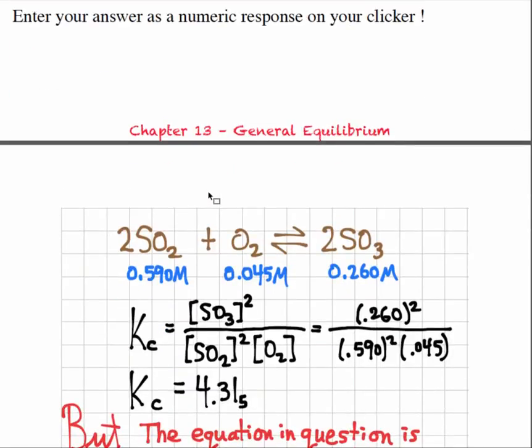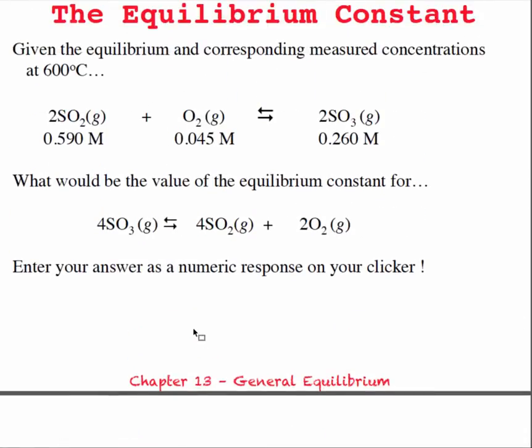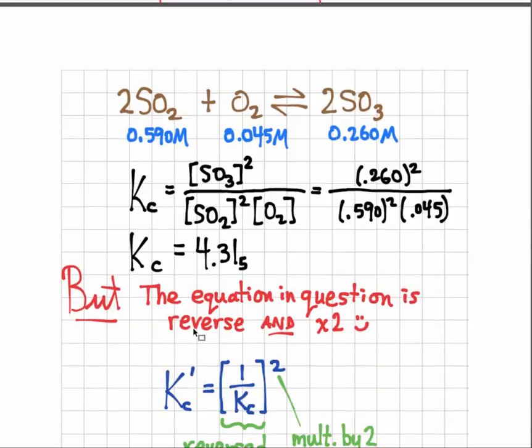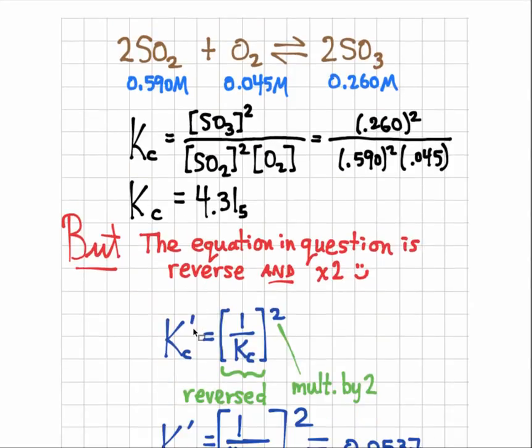So here's my original equilibrium concentrations. SO3 squared, O2, SO2 squared, and I find a constant of 4. Oh, concentration? Yeah, molar concentrations. All right, that's right. But the equation I was given then was actually the reverse